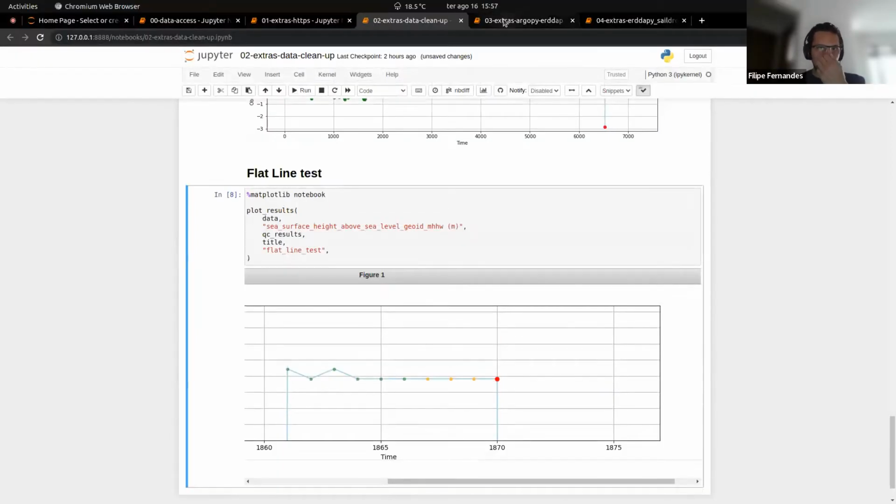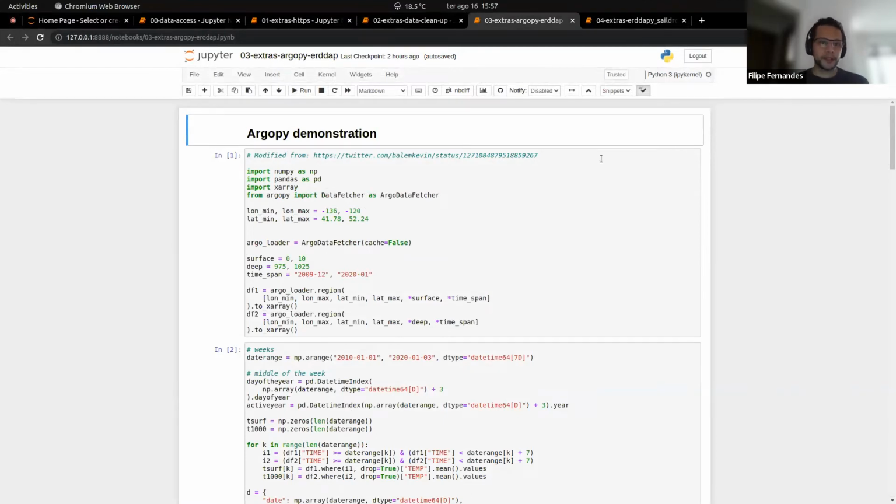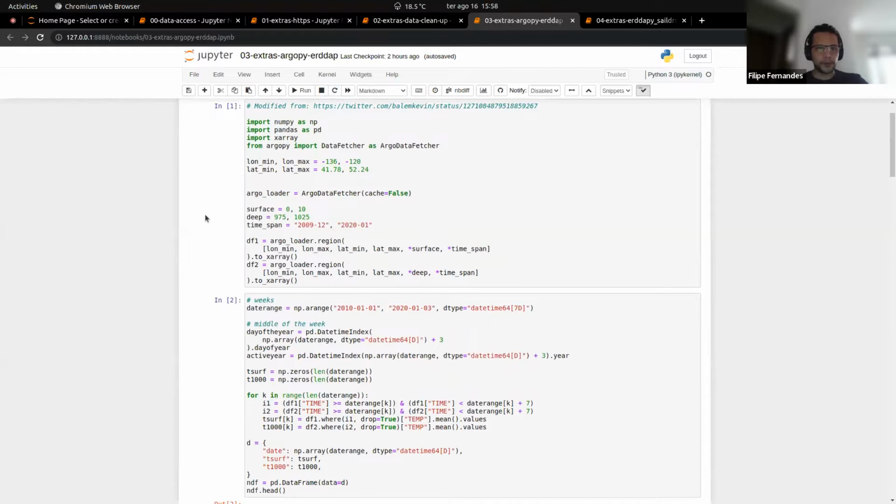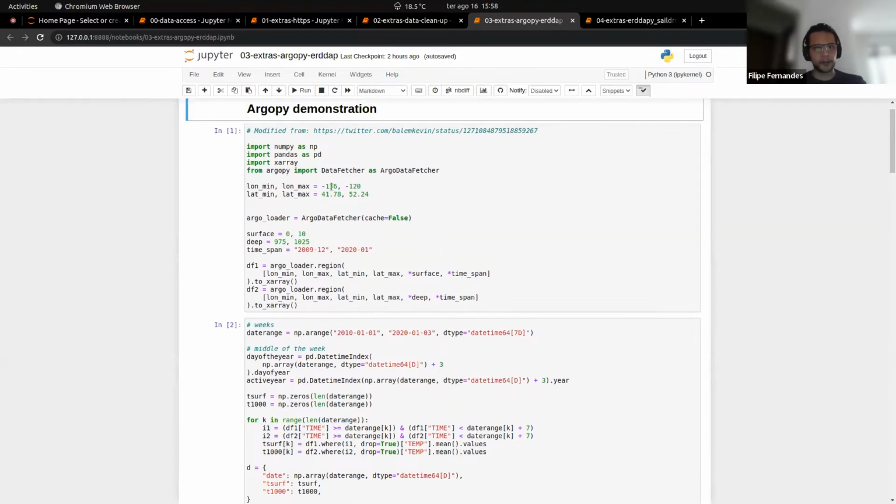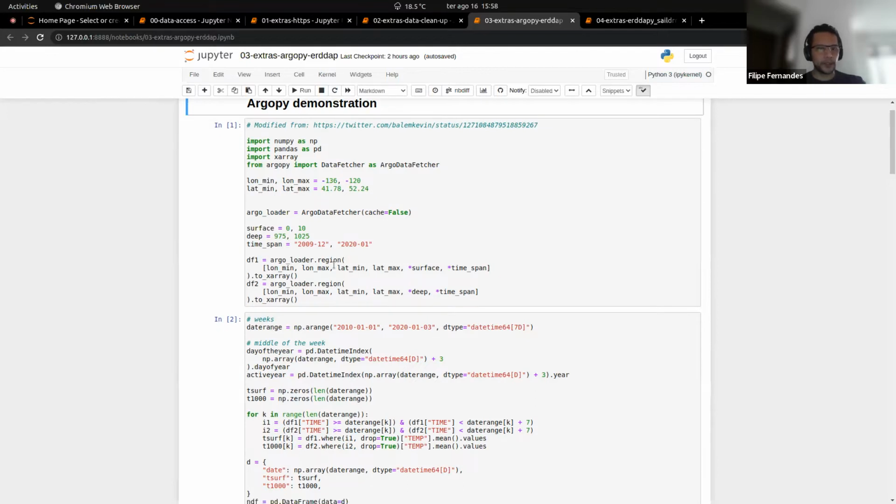Okay. Last but not least, pretty much like the previous one, we have argopy, which is another module that's built on top of ERDDAP API that hits a curated list of ERDDAP servers. In this case, the curated list is all for Argo data. And we can do high-level queries as well, because it's using ERDDAP API under the hood. The same thing applies. A bounding box, you get the Argo fetch, time span, and I load that region